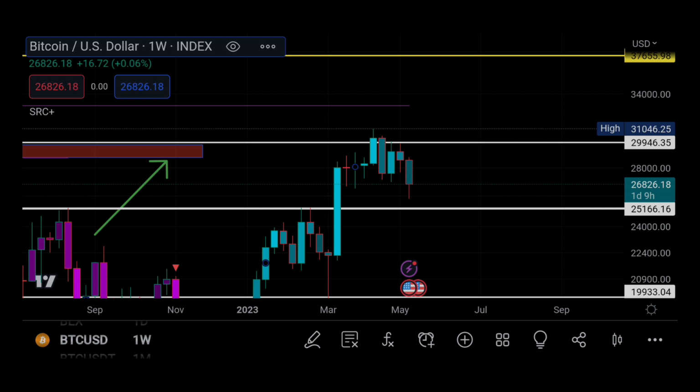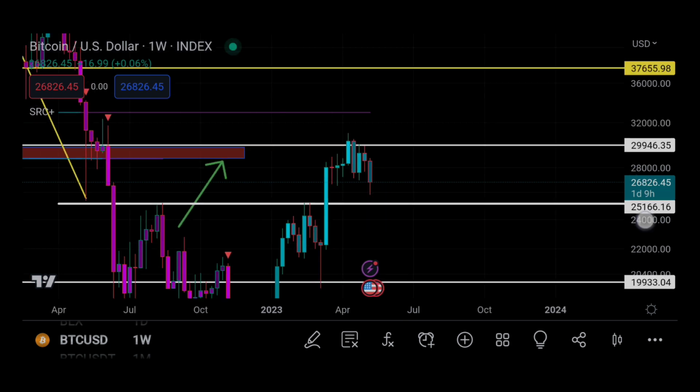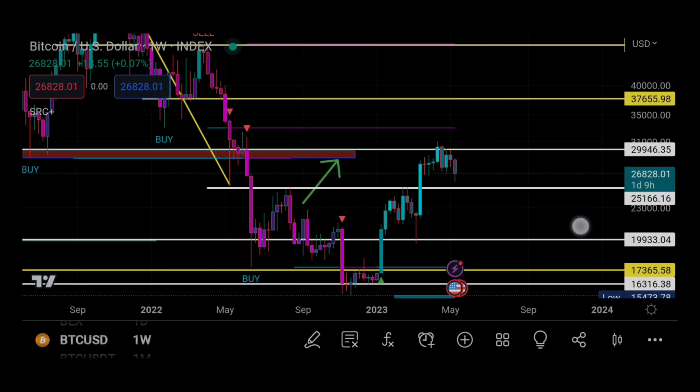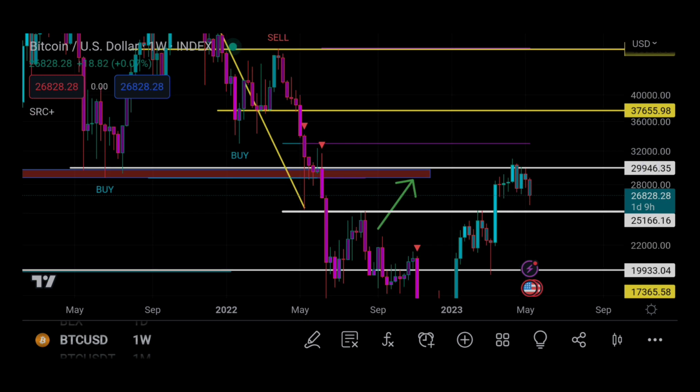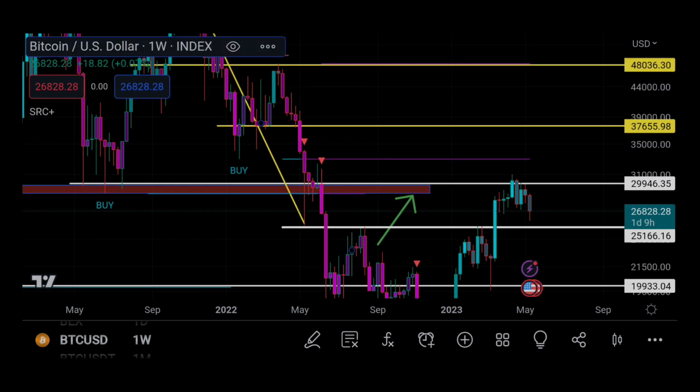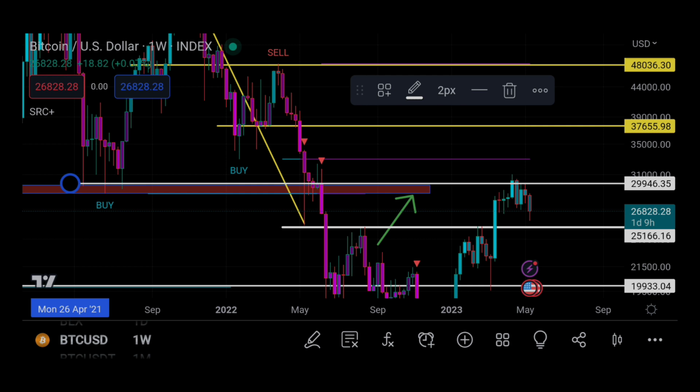This white line, this box, was drawn about 1.5 years, almost 2 years ago. We drew this back in 2021, and what we talked about was, during the time when we started dumping, we said, look, if we drop, and you can see around this area here, if we drop below this 29,000 level, then we're going to be bearish.